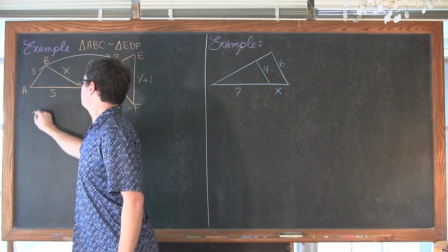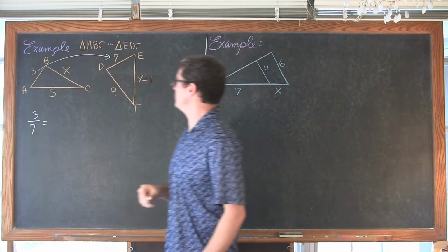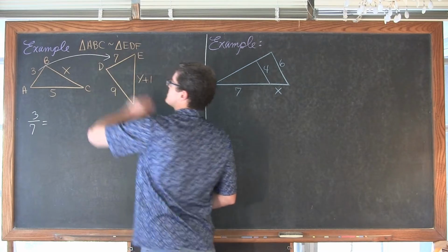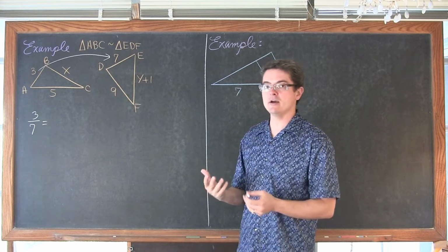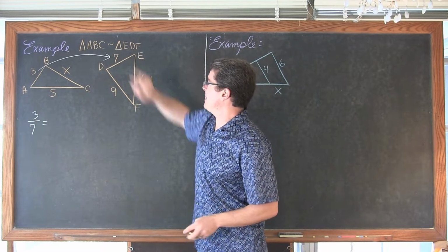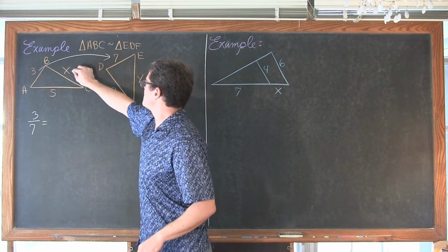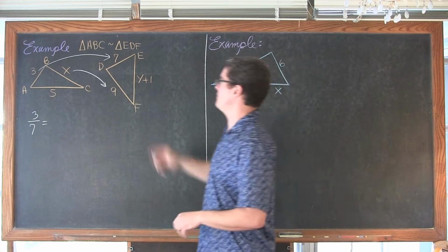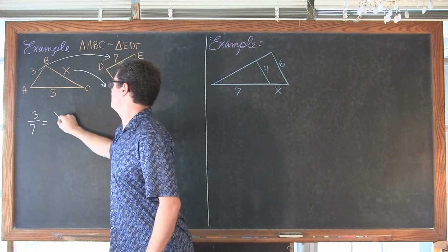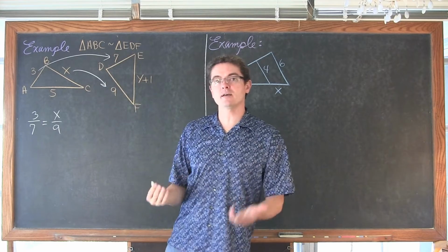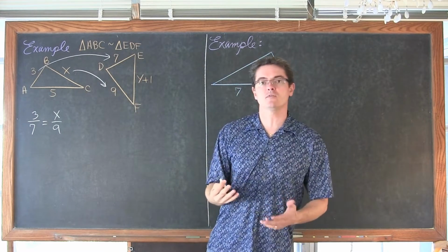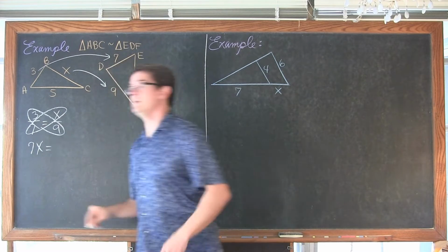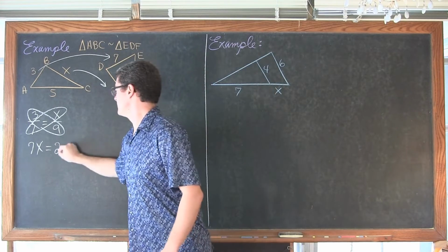So we have 3 over 7 is equal to, and let's not do the hardest one first, we have BC here, and that's the last 2 letters of my name in my triangle here, and that has to correspond to DF. So the x is going to get paired up to the side of 9, or the corresponding side of DF. So we have 3 over 7, left to right, x over 9. We're going to recognize that we have one fraction on each side of this equation, so we're going to solve that with cross multiplication. We have 7x is equal to 3 times 9, which is 27.